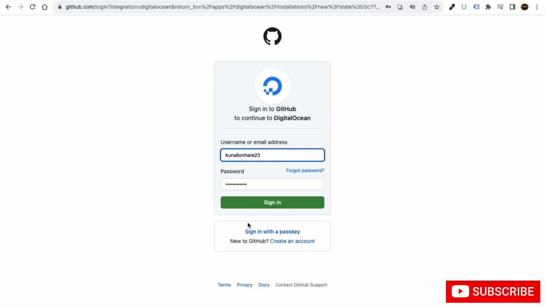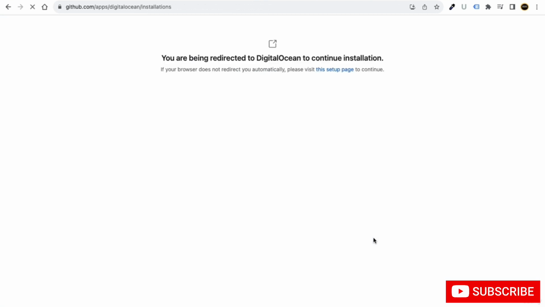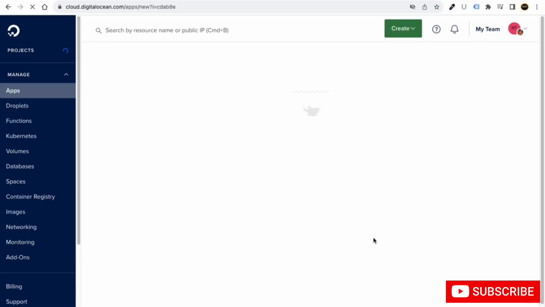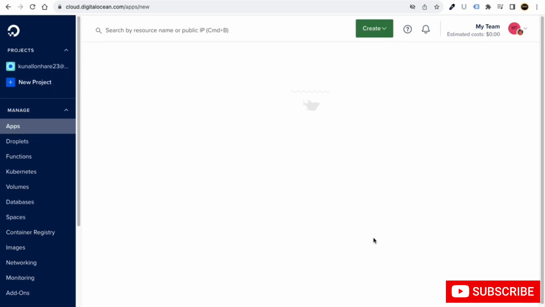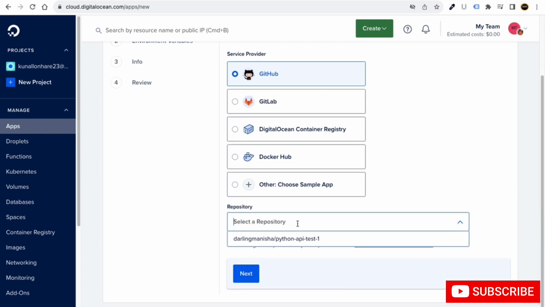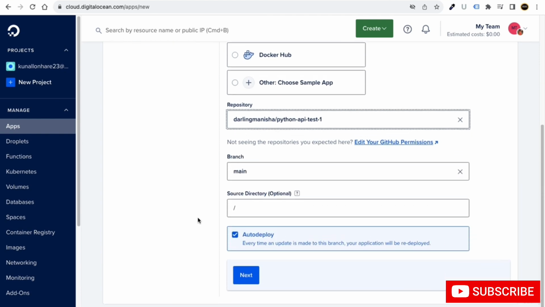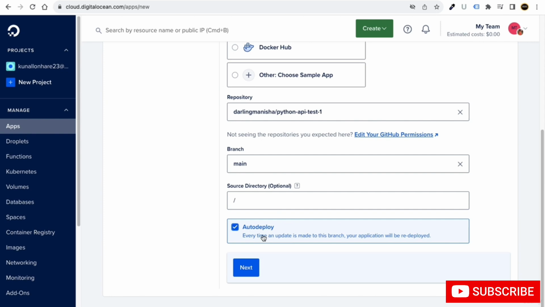Where you have put the repository, click on all repositories, click on install and authorize. Now it will connect your DigitalOcean with GitHub, and you will see all your repositories show up here. We have created this one, Python API test one. Select that. That's it. After you do this, everything will be exactly the same.